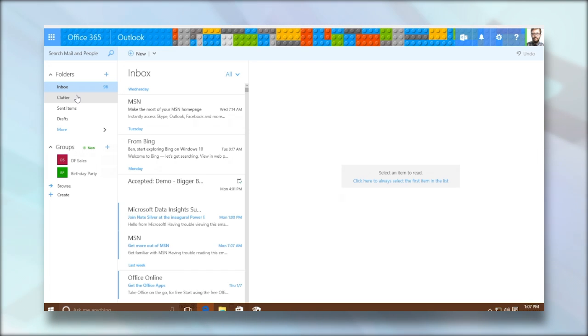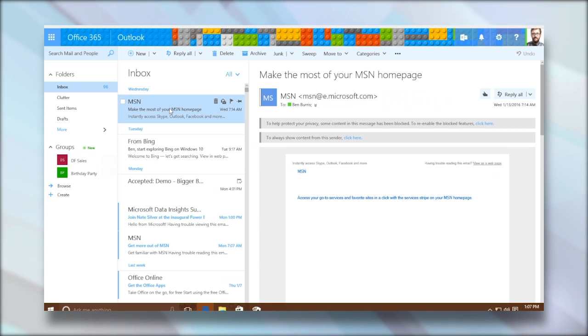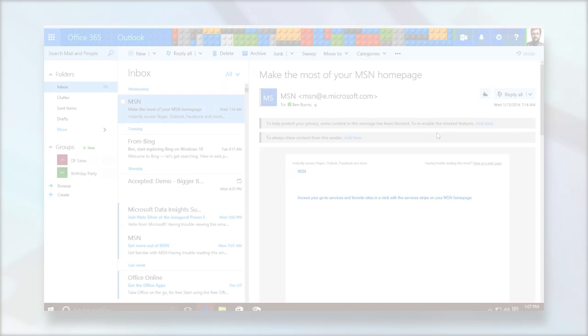Let's start off with some of the basics. What you see on this screen is basically three panes. You have a folder pane, you have a message list, and then you have a reading pane, also called a preview pane. If we click on one of your emails, then it previews it in the reading pane, as you might expect. Now, just like a lot of email programs, by default, it doesn't show pictures because pictures are a way that advertisers can track whether or not you've read the message. So if you want to see the pictures, you can see